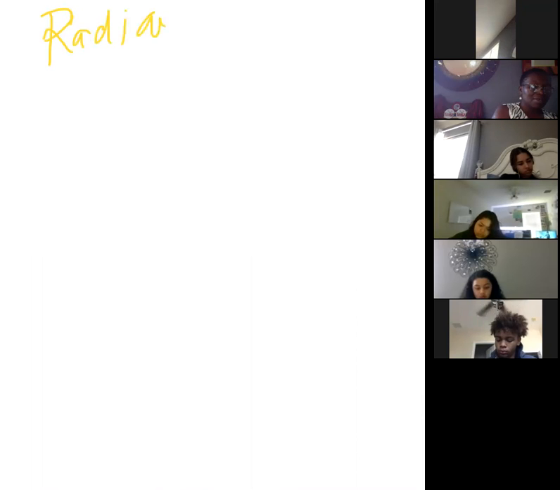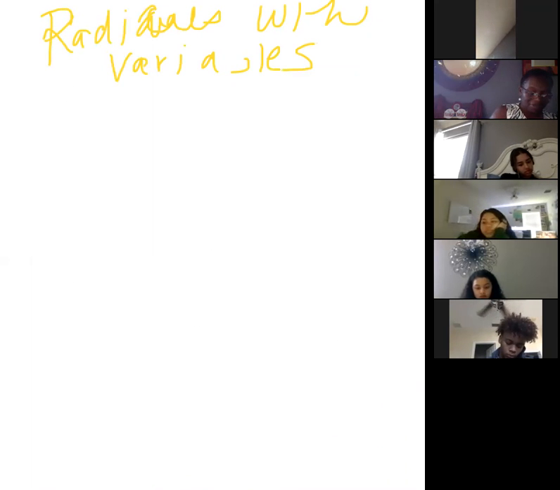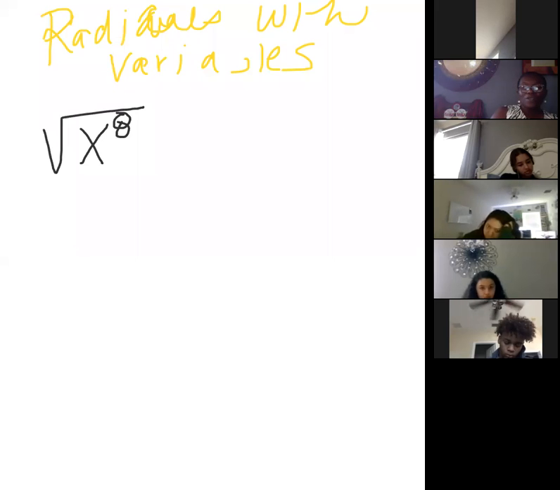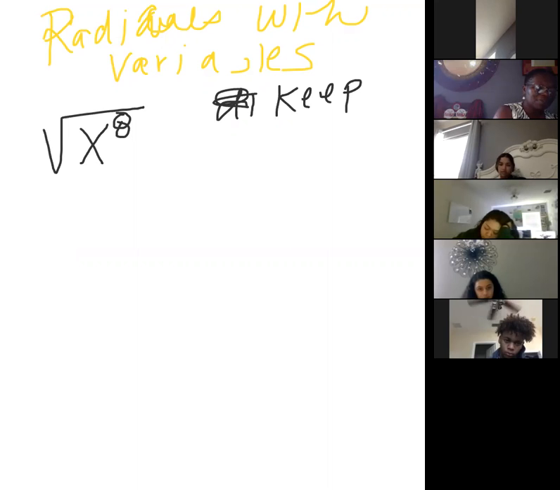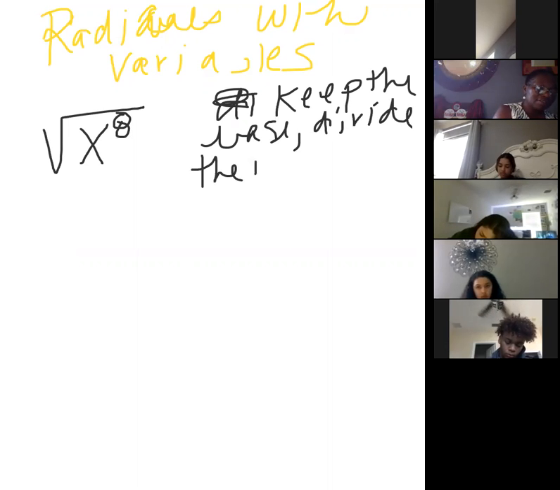Radicals with variables in there. Now, when you have radicals with variables, guys, it's a simple process, but you got to pay attention to it. All right, so let me go ahead and get you started. On this one right here, we're looking at these type of questions. We have the square root of x to the 8th power. When you have a radical like this and you need to simplify it, what you do is keep the base and divide the index into